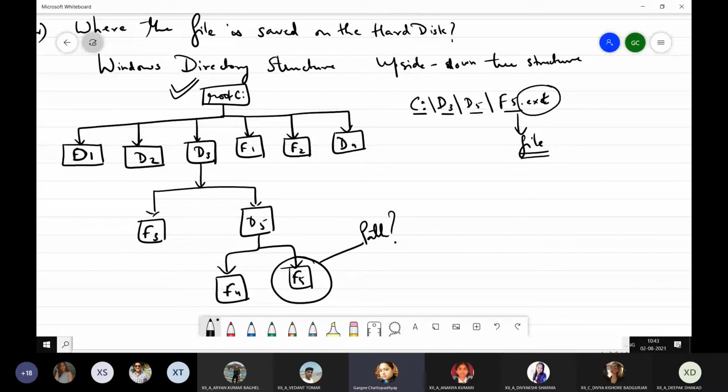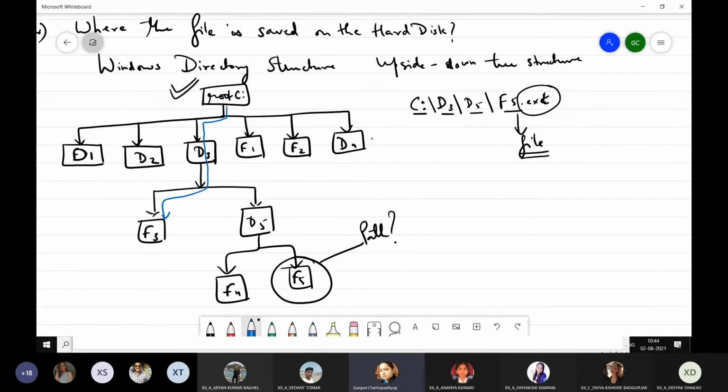We start with the root. Within root, we can have some files and folders. Then folders can have subfolders, and then again subfolders, again some files, and likewise. If I have to figure out the path of F3, it will be C, D3, and F3, right? That is, we are tracing the entire path starting from the root to the file, to the node, right?